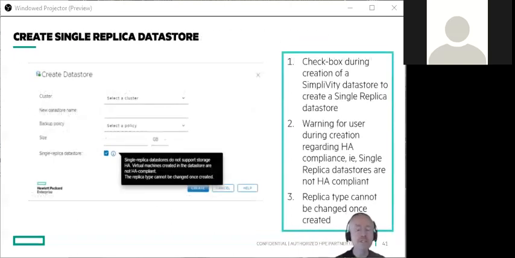Well, at that moment, there was a possibility through CLI to create a single replica data store. Well, now you don't have to do it through CLI anymore. So now you can see it in the GUI as well. So now it really becomes usable. We create a data store with only a single copy, a single hive of your data. Yeah, so we don't have the high availability anymore on SimpliVity level, because we expect, of course, the VMs that